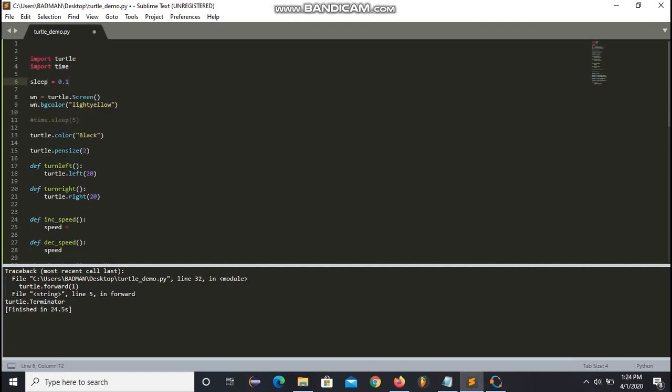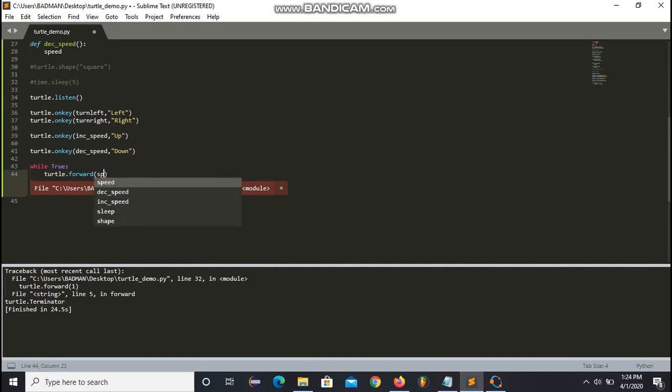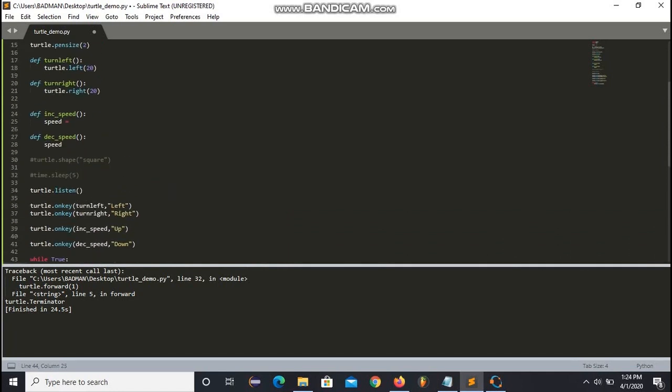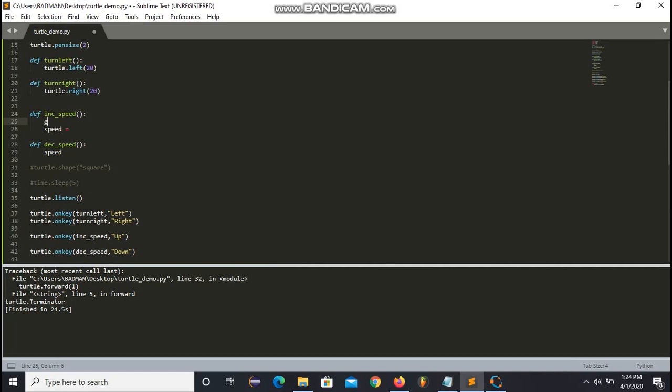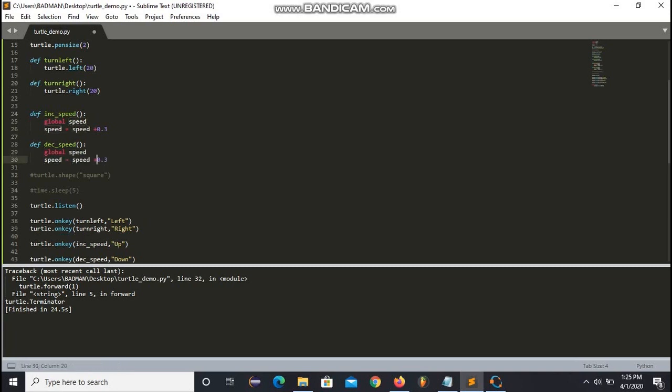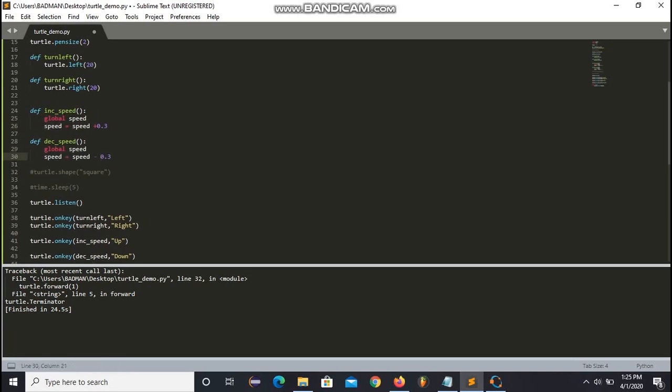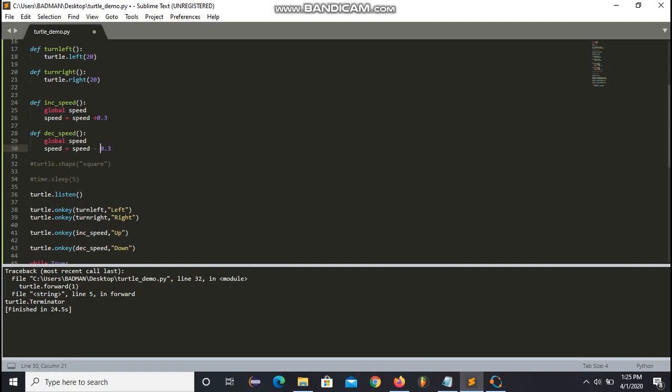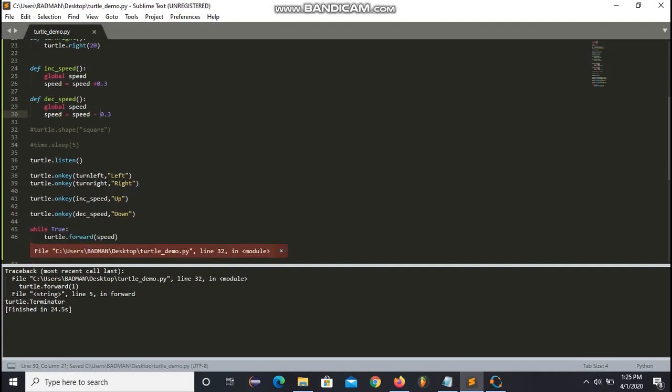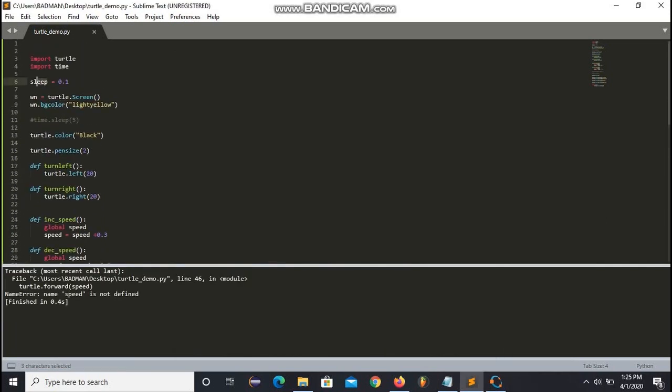First I have to create a variable speed, and I'm initializing it with a value of 0.1. Now if I want to change its value in this function, I have to specify it as global. So every time you press the up key, the speed will be incremented by 0.3, and in case of the down key, just the opposite will happen: as soon as you press the down key, the speed will be decreased by 0.3. So now if I run this,